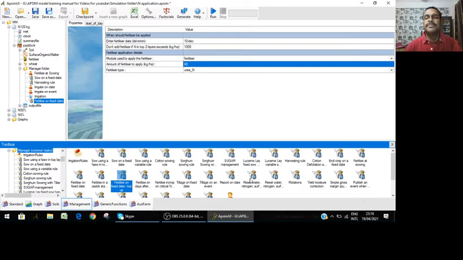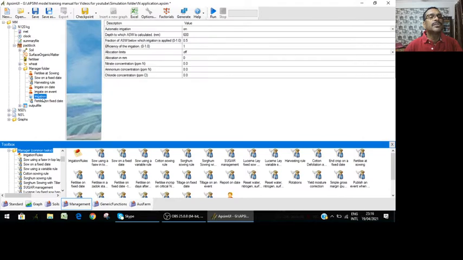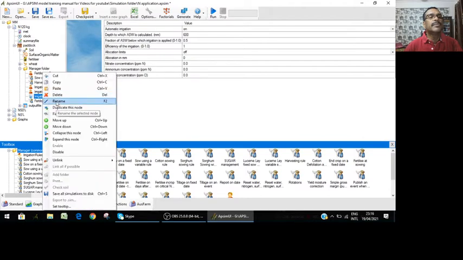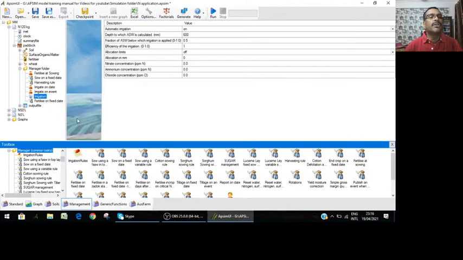You can even rename this one also, by double clicking on it, or by right clicking and renaming it. Like that only you can do it.